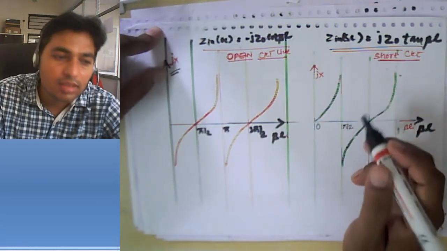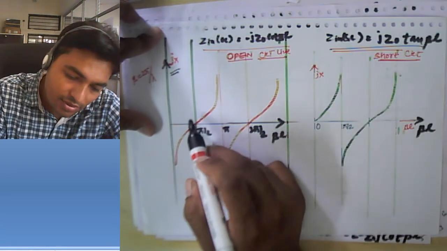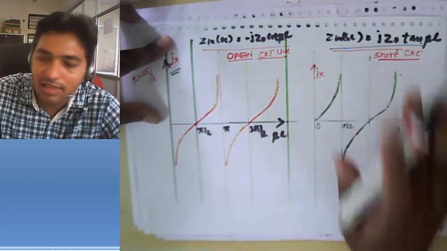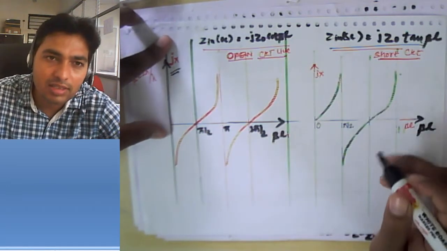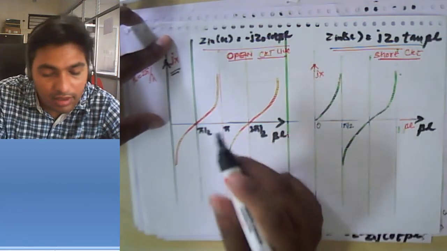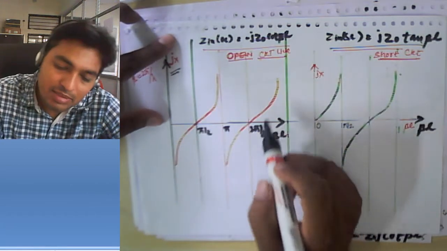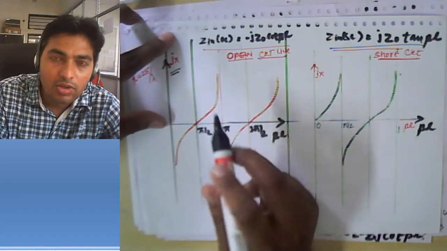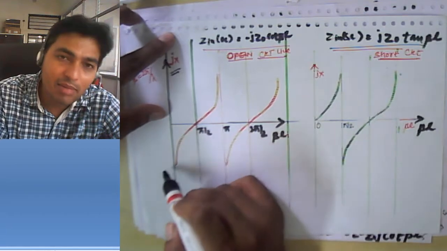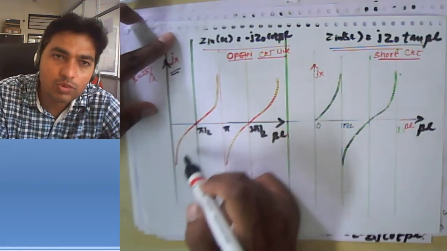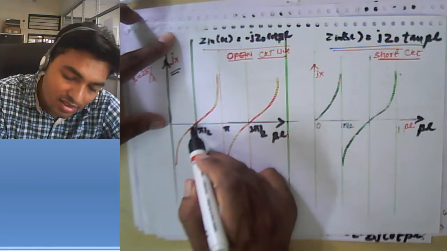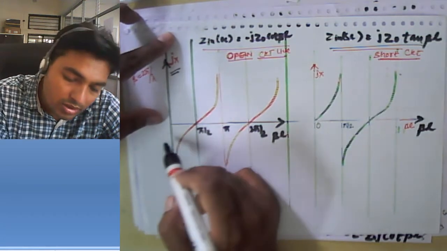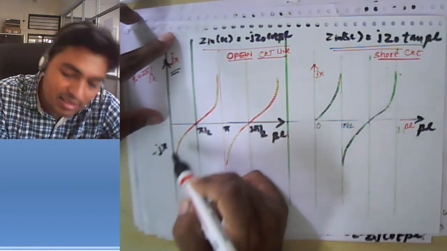impedance. So we can see that this is for an open circuited transmission line and this will be for the short circuited transmission line. Now if we have a transmission line whose length is less than lambda by 4, this corresponds to this quadrant. So you can see this is negative impedance. So this is the minus jX curve.